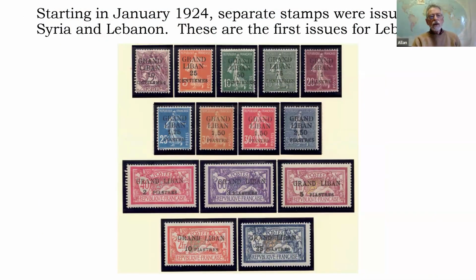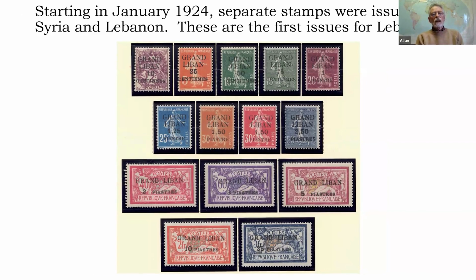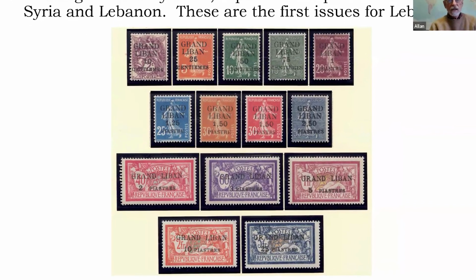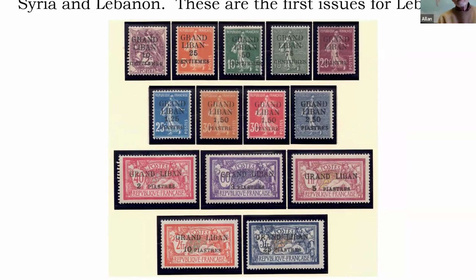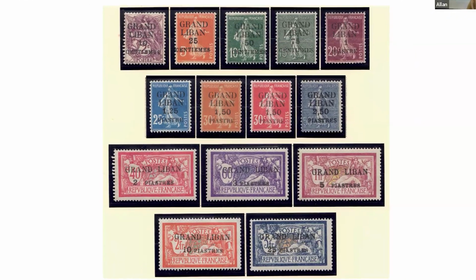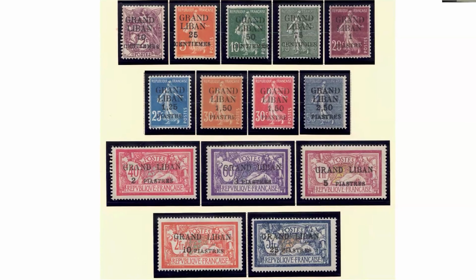Okay, starting in 1924, we have the first stamps, French regular issue stamps, overprinted for Lebanon. And the name chosen, Grand Liban, I guess would be translated Great Lebanon. I don't have any official explanation why that name was chosen, but I can tell you that the territory that